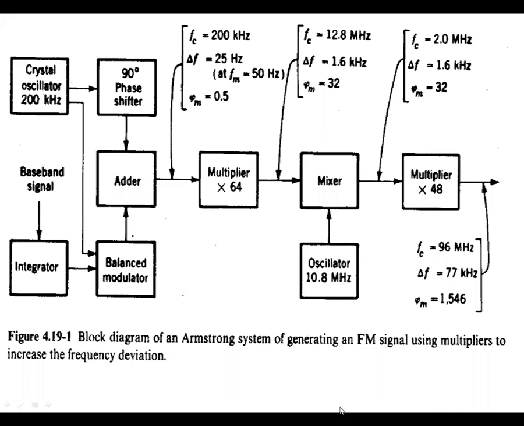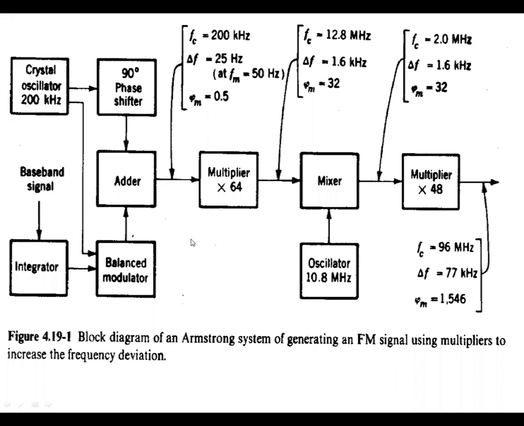This frequency band, 88 to 108 MHz, is what you can use for any FM radio station, within the band only. So, as an example, a 96 MHz signal is generated using the Armstrong method of generation for broadcasting. What is the signal frequency? 96 MHz. So please practice this block diagram.